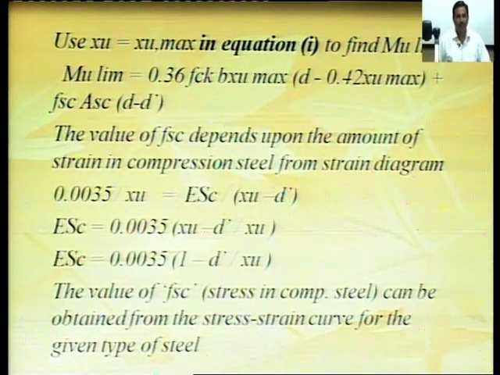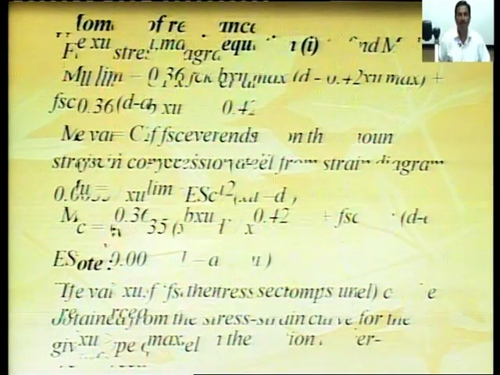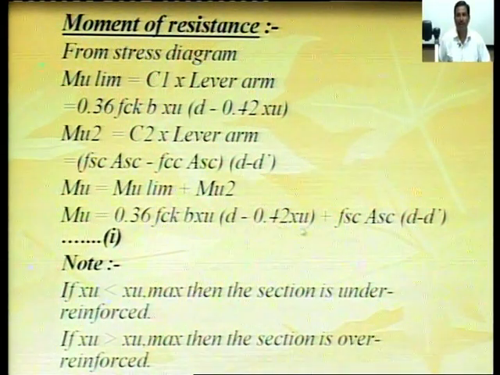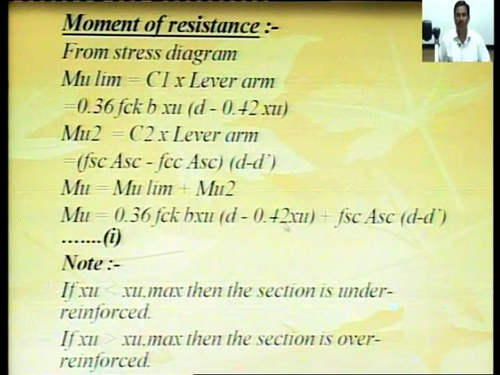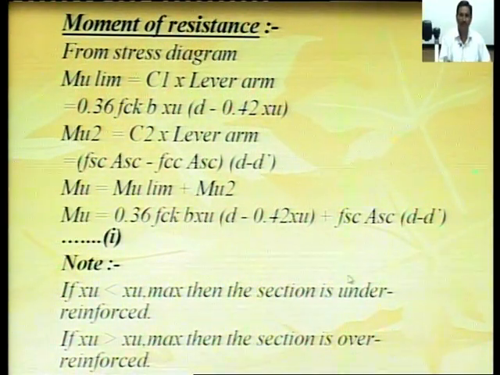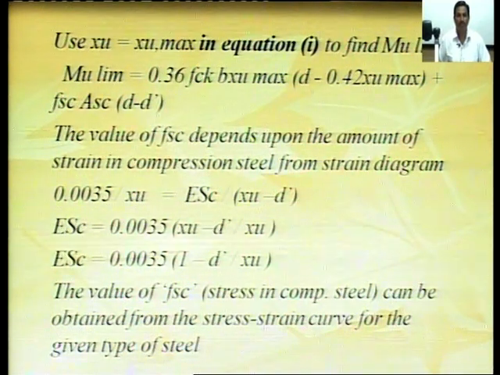Mu limiting: if we want to find the limiting value of moment of resistance, we simply put the value of xu max instead of xu, and then we get the limiting moment of resistance. So, the limiting value of moment of resistance is equal to 0.36 FCK B XU max into (d minus 0.42 XU max), which is the lever arm, plus FSC ASC into (d minus d dash),